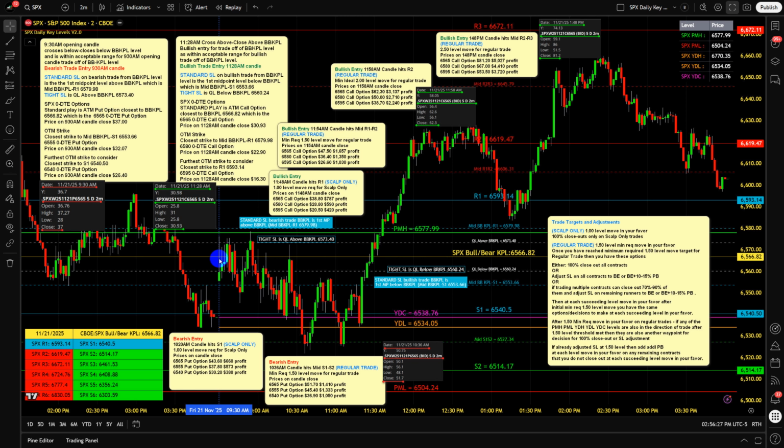Also, another important aspect is the acceptable range. On taking a trade from either the bull bear key price level or any of the main R or S levels, there is an acceptable range of which you can take the trade based on the close above or close below those levels. And that acceptable range is also discussed in a video in that Google Drive link,